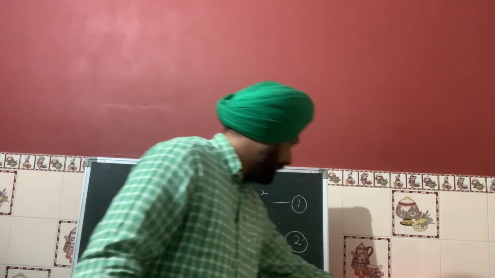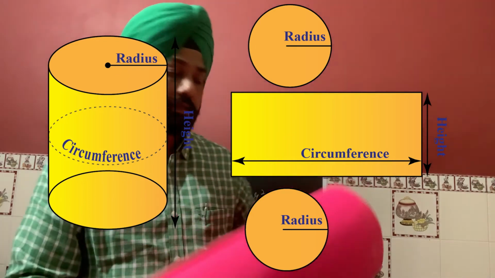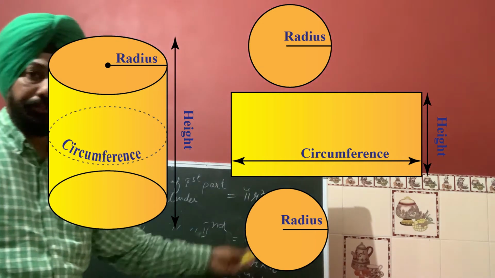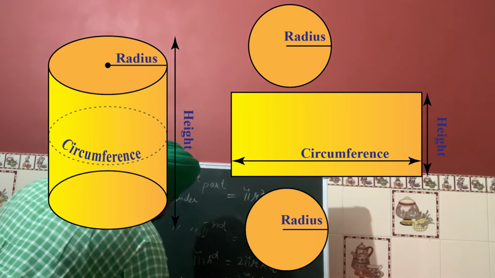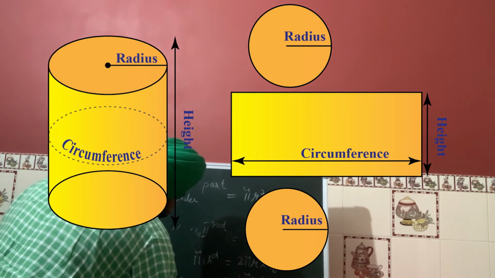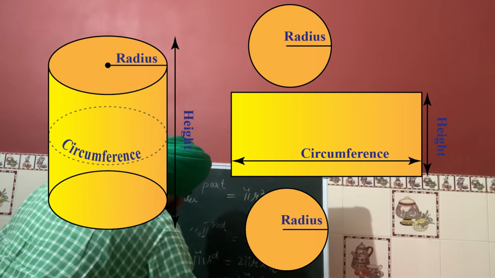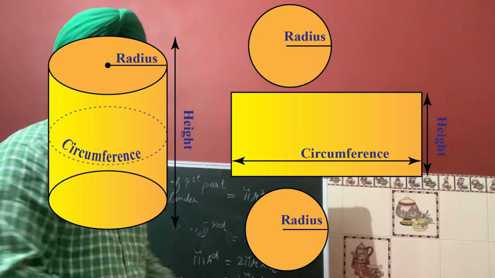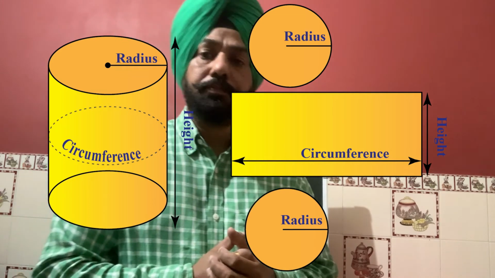This is the third term. And after adding all the three parts, when we join this cylinder, a cylinder is formed. And when we add these three parts, we will get the area of this cylinder, which is equal to pi r square plus pi r square plus 2 pi r h. This is equal to 2 pi r into r plus h. And what is the total surface area of the cylinder? The total surface area of the cylinder is 2 pi r into r plus h.